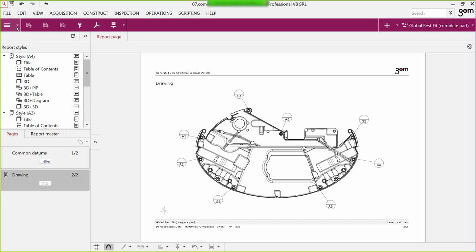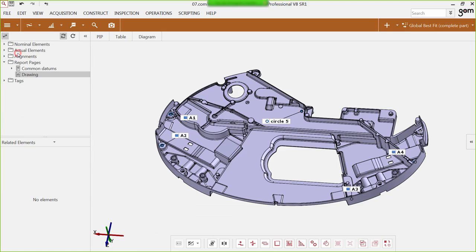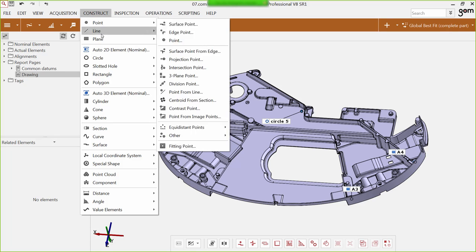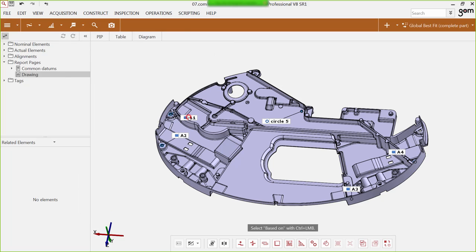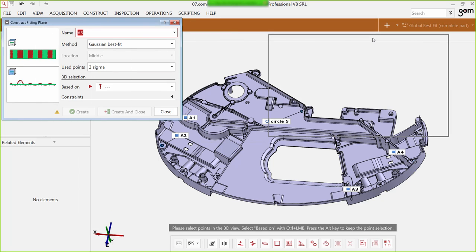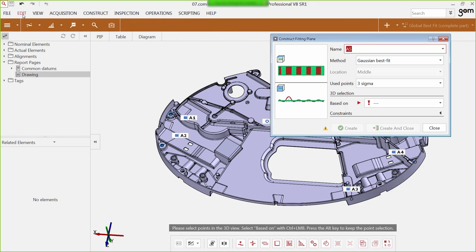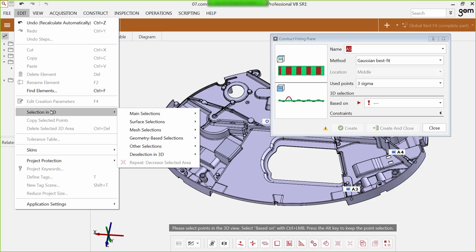Let us now switch to the inspection workspace. I already constructed the planes A1 to A4. Let me now show you how to create the plane A5 with a circular selection. Click on Construct, Plane, and Fitting Plane. And in addition, go to Edit, Selection in 3D,